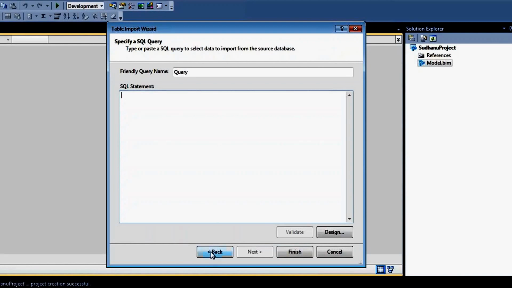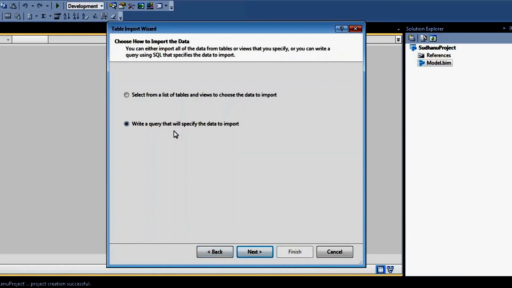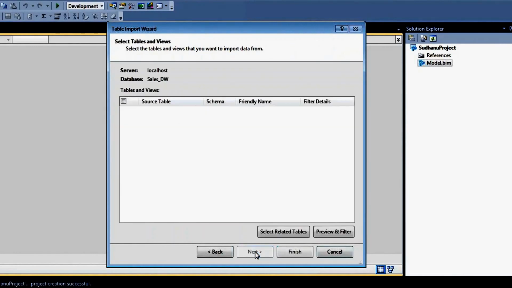In that scenario you have to write a query that specifies the data to import. But I want to import all the tables individually and make the relationships over here, if there are no relationships. Click next.